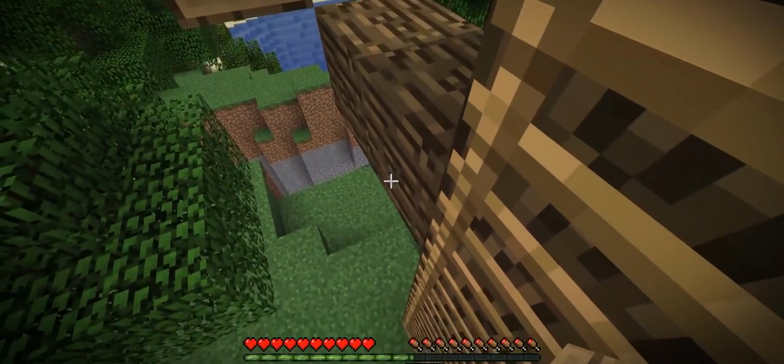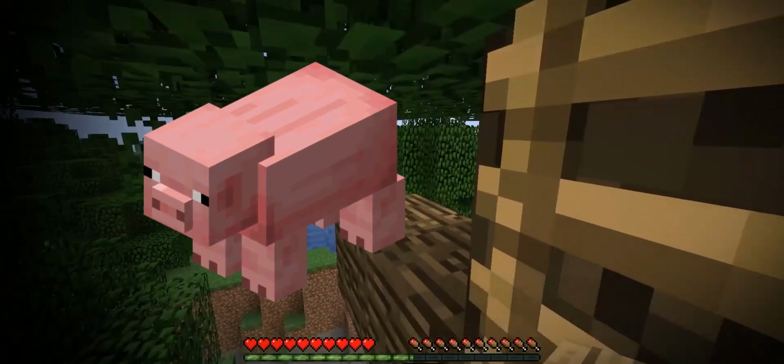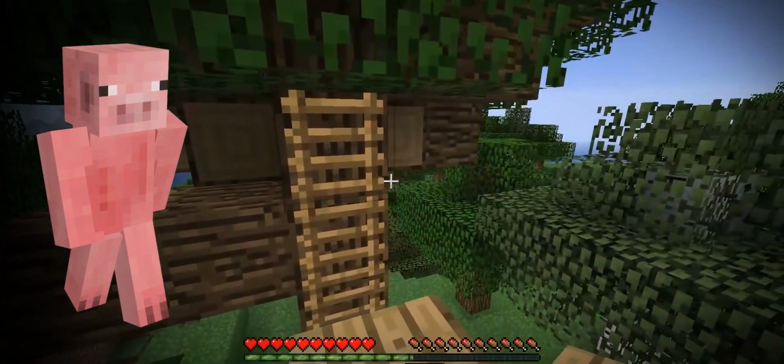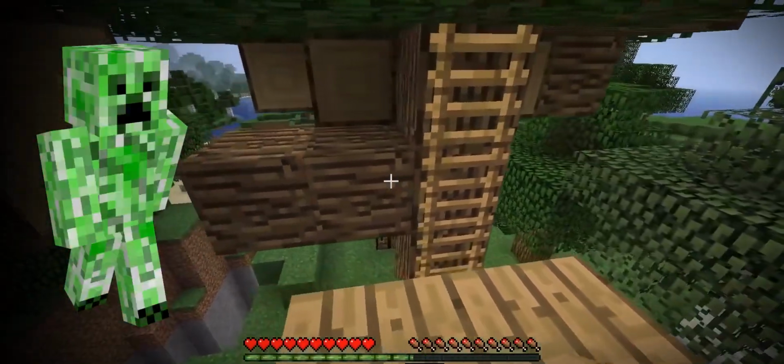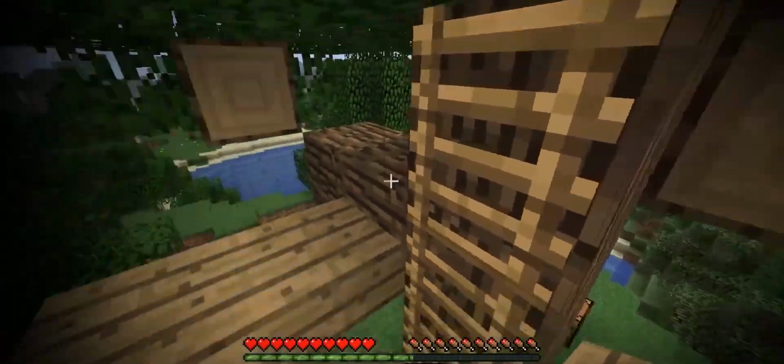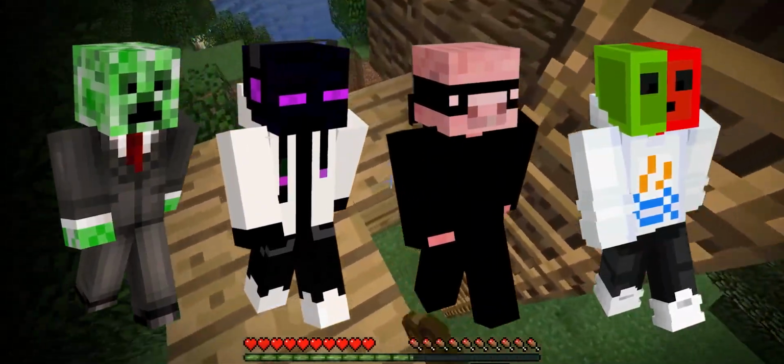Another kind of trend for some more casual players would be to use the skins of already existing Minecraft mobs in a way that fit the size of the character. You'd see a lot of players dressed as villagers, creepers, pigs, slimes, endermen, and pretty much every single mob in the game. These skins would also have different variations, putting on clothing to make them stand out more.